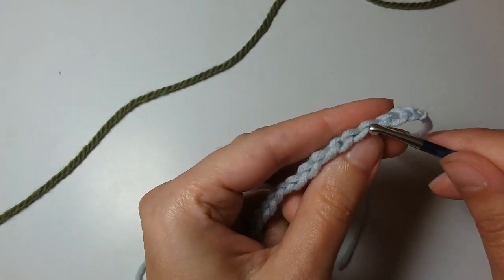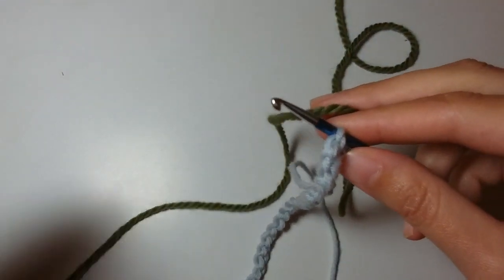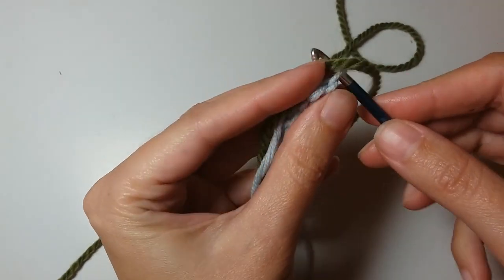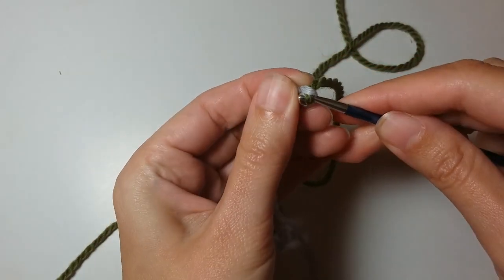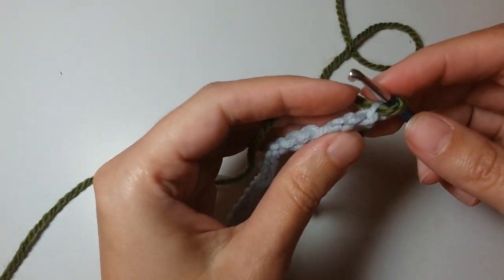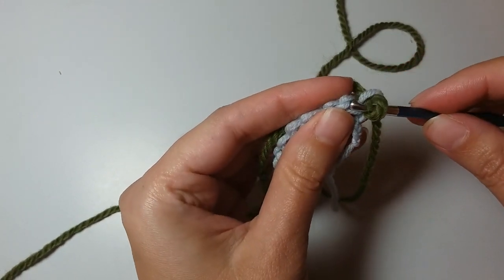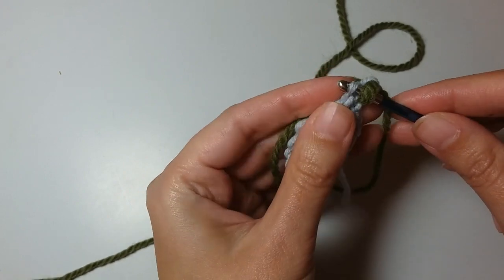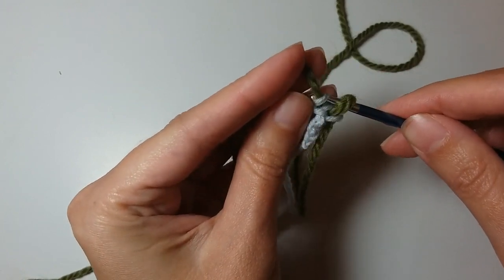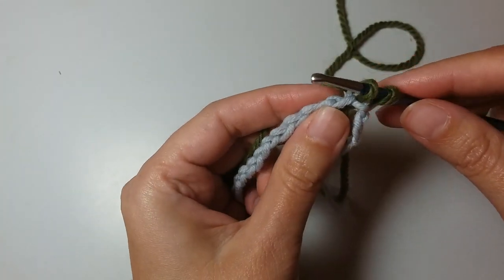So I found somewhere here the first stitch of the chain, and I drag inside the main yarn. Okay, 1. Now the next one stitch I put inside the hook and I drag inside the yarn, the main yarn. Okay, second stitch, next one,